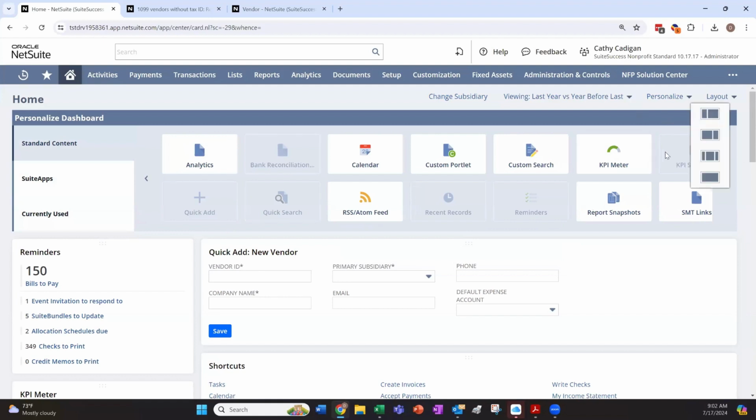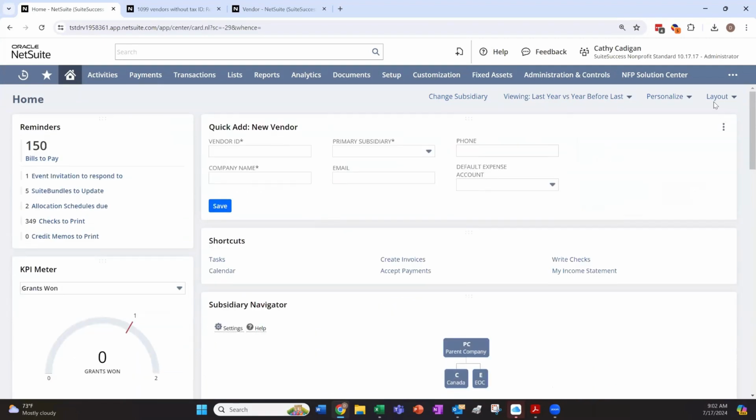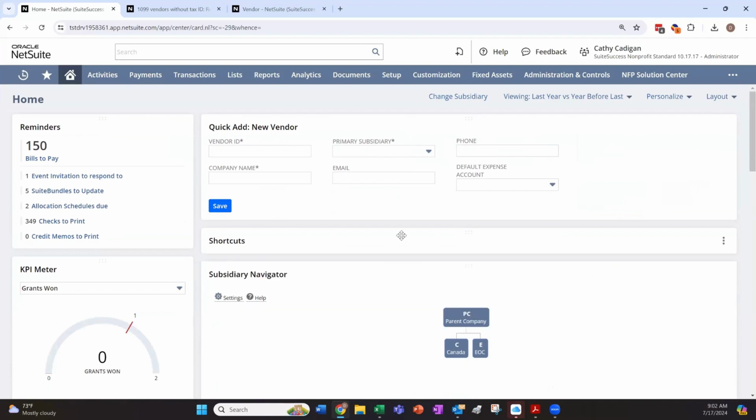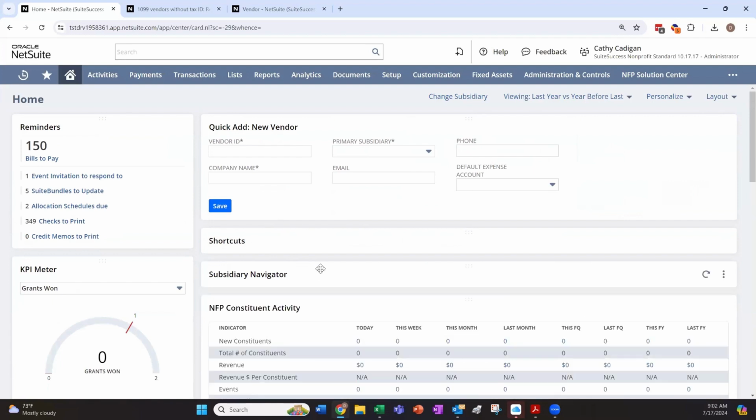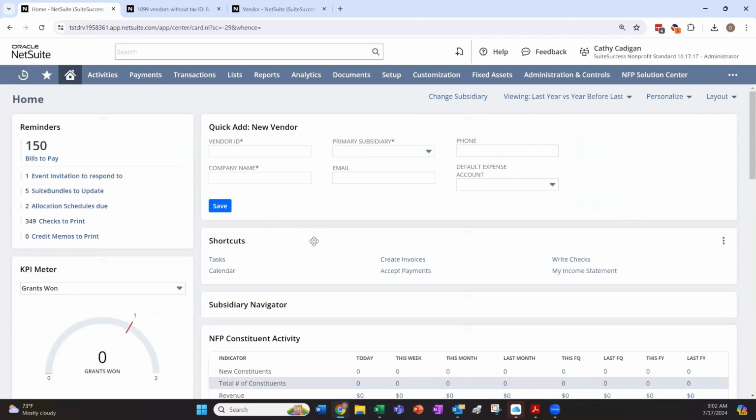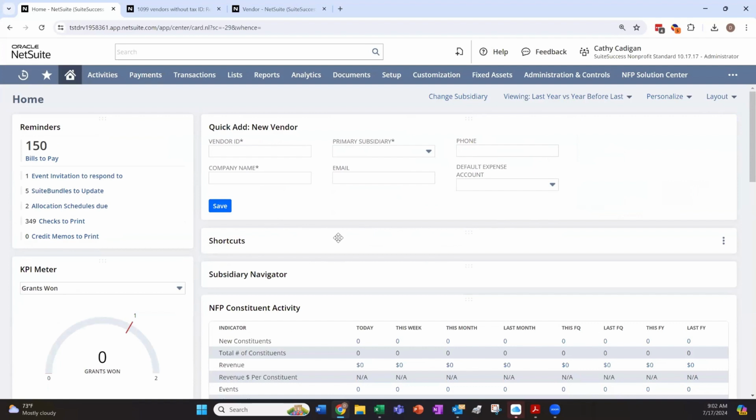So I'm going to close that personalized box. Oh, by the way, I've had this scare before. People, if you click on the top part of a portlet, it closes the little portlet, hides it. So if you want to make things smaller, just to see everything. And I've had people get scared that they lost all their shortcuts. But if you just click on it again, it opens it up. So, it does give you more real estate on your screen if you want to keep some of the